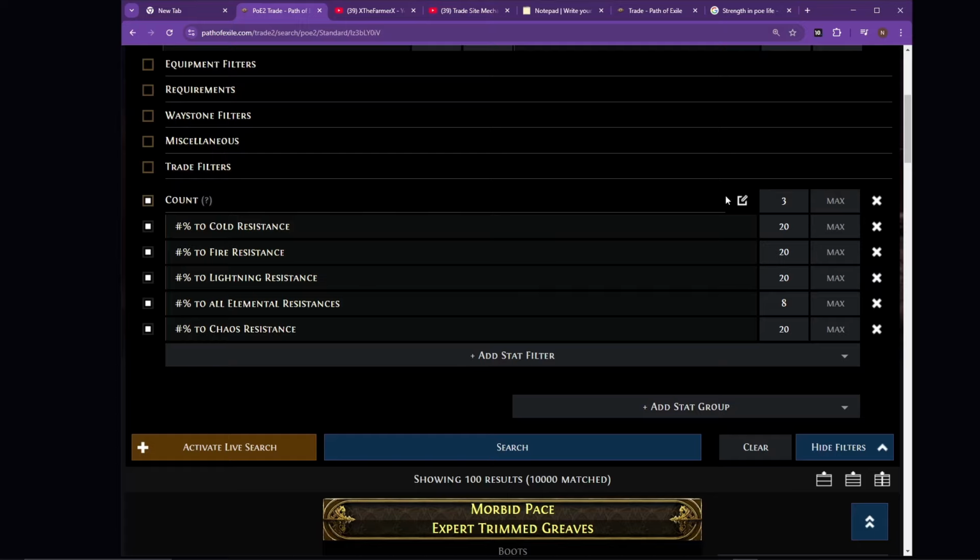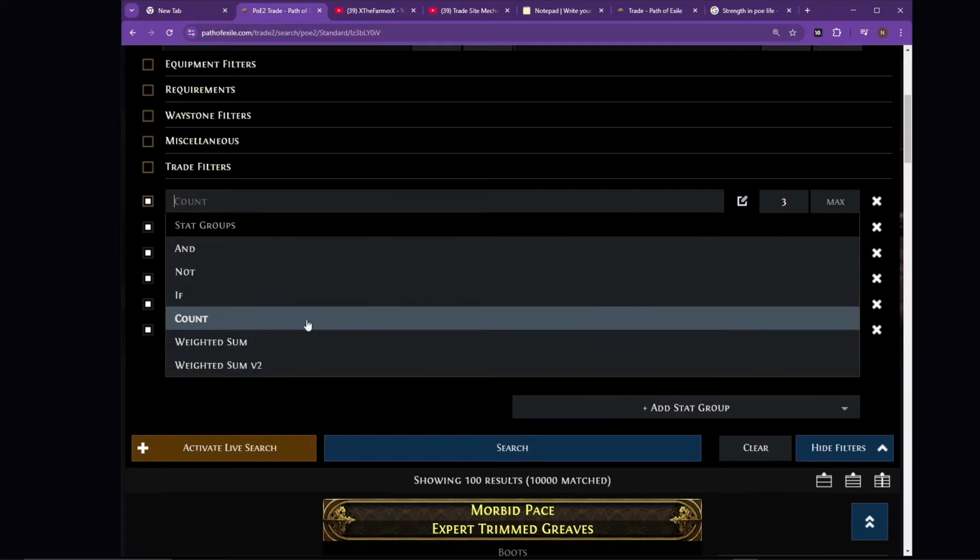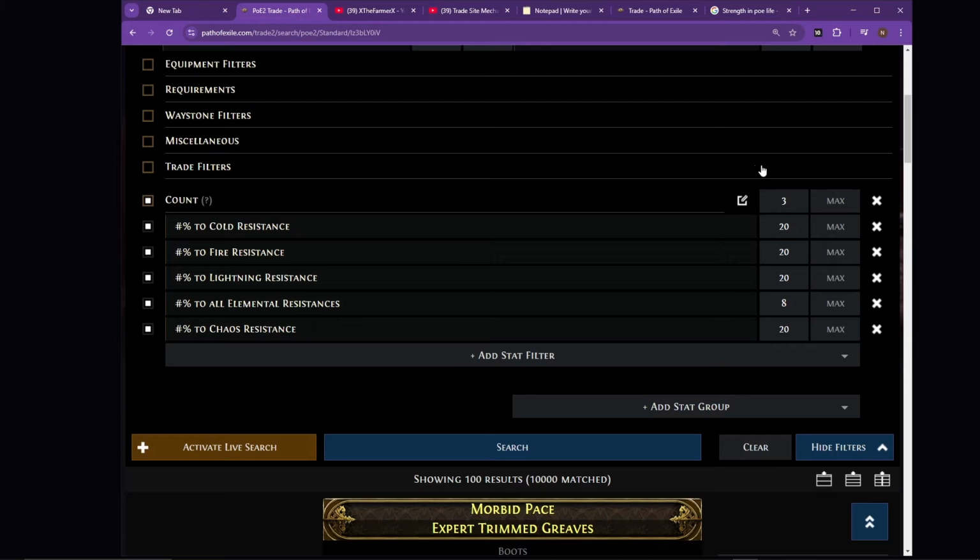Interestingly enough, you don't necessarily totally have to do this with weighted sum. You could actually do this with count. For example, if I put count 2, and I have a list of like 20 mods, and I specify in the search that I'm only looking for magic items, it will do this combinatorial search where it'll include any one of the prefixes or any one of the suffixes, if I'm not mistaken. I'm not going to fully test every edge case of what I'm talking about, but I'm pretty sure it's correct. But once again, as in the case with the elemental resistances, it's not fully